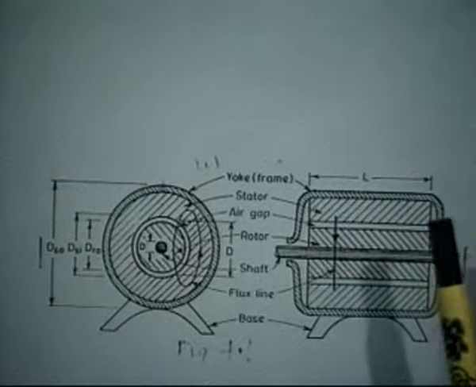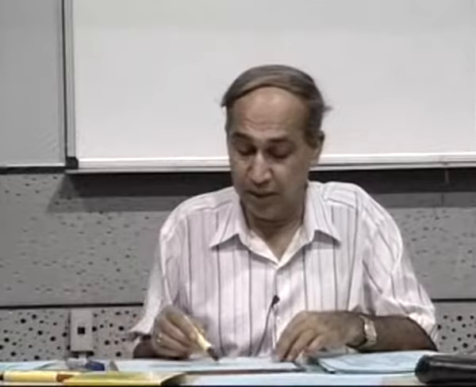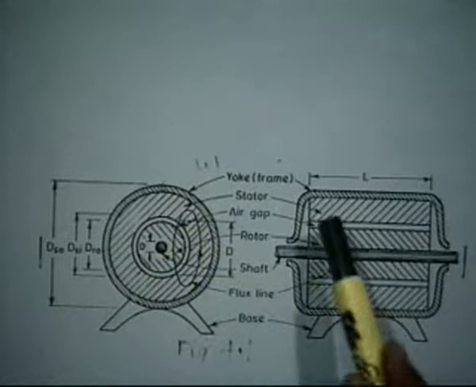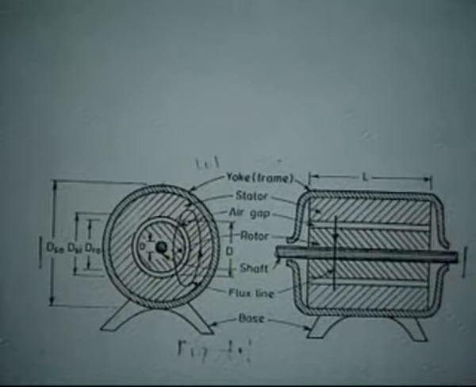So you will notice that the major dimensions of any machine would be the diameter of the machine and the length of the machine. That fixes it, because every machine is not operating in isolation; they are fixed to do a job. If it is a generator, it has to be coupled to an external prime mover. If it is a motor, it has to be coupled to an external load. But in a large system, it must have a size which suits that necessary application.